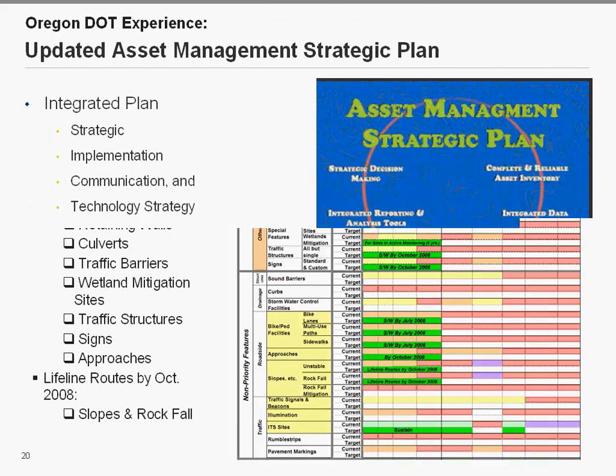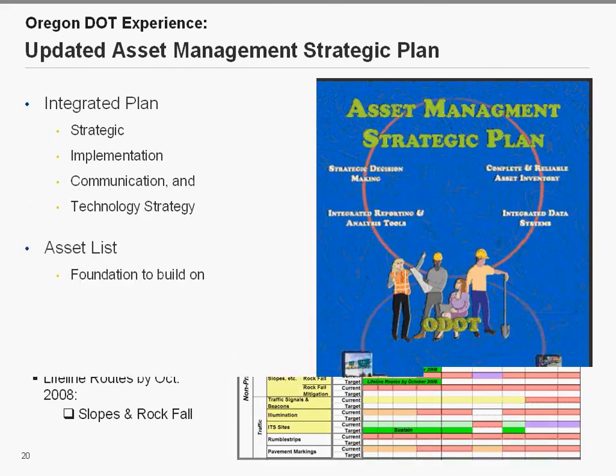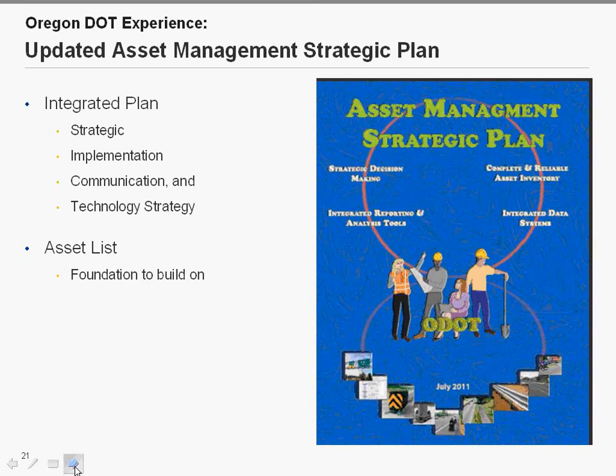Okay, this brings me to my last slide for this webinar, but where we are now is 5 years later after we had our initial strategic plan and implementation plan and communication plan. We have learned a lot in those 5 years, and we have gone back and updated that plan. It is a thin plan. I think Mark mentioned it could be thick or thin. Ours is thin, and in it includes our 4 main strategies, our implementation objectives, how we're going to communicate, and